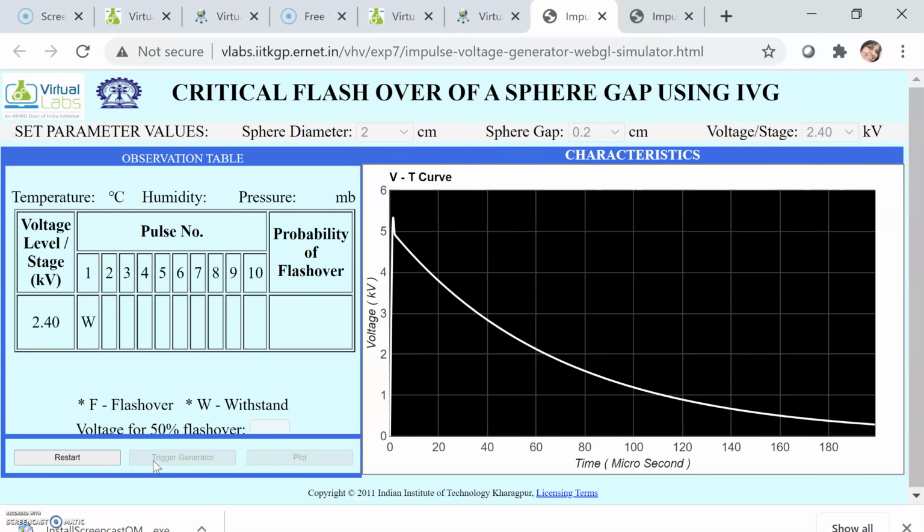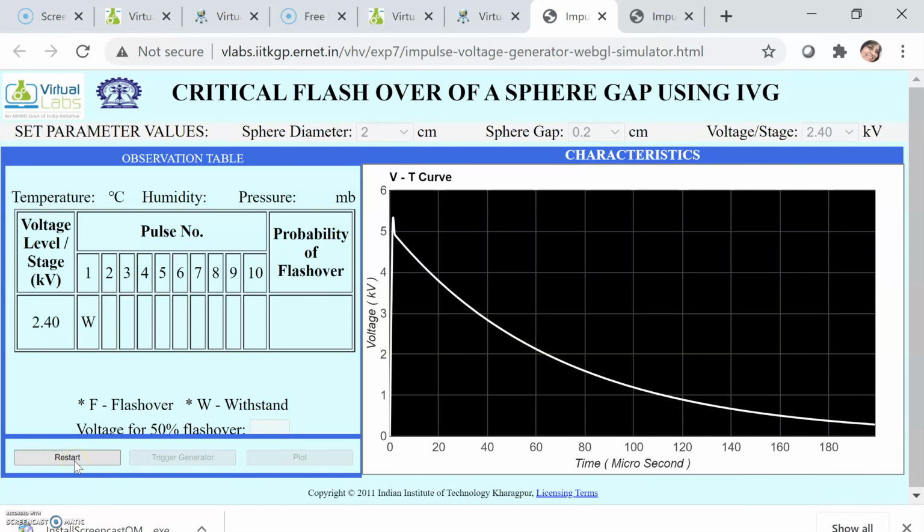Okay, so it was not a spark, because this waveform is also a full impulse waveform. When lightning occurs, a waveform of such a kind gets generated: very high voltage, in kilovolts, within a fraction of a second, but its peak value goes on decreasing. So it is an impulse.